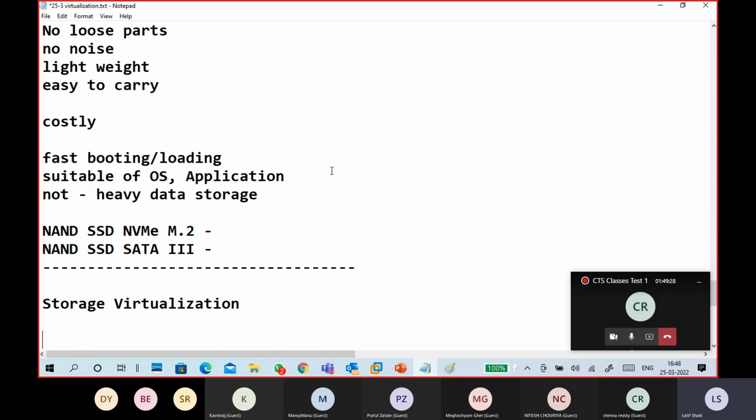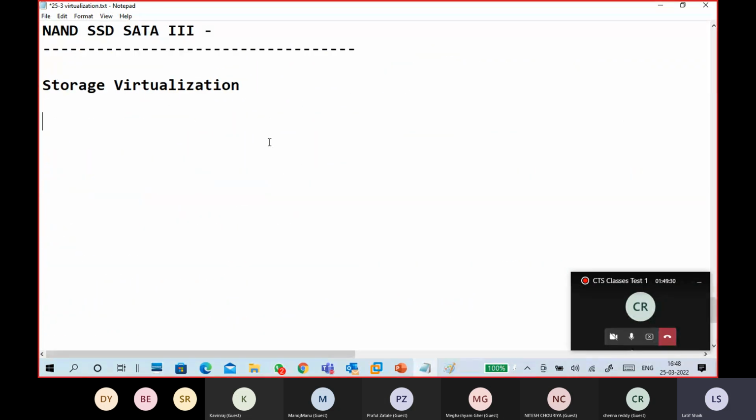We store data in the hard disk or SSDs, maybe SCSI hard disk, SCSI disk, SSDs, SAS disk,